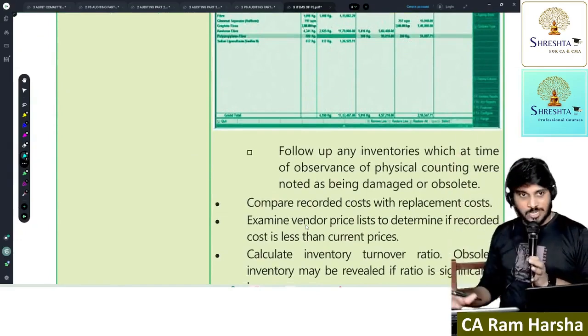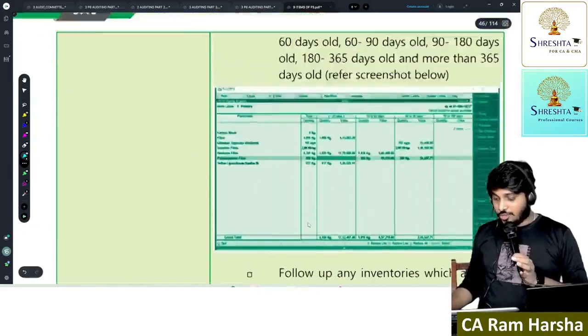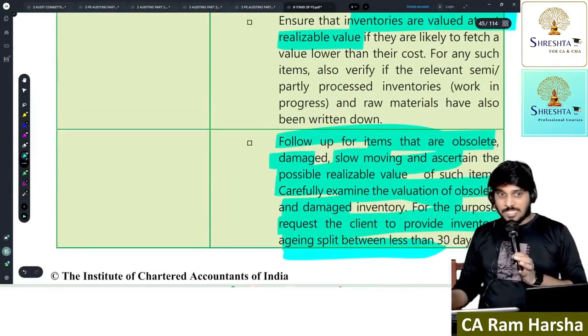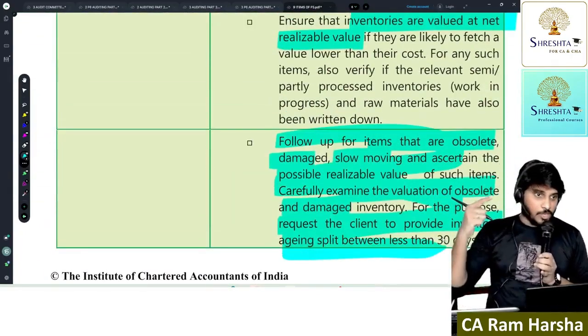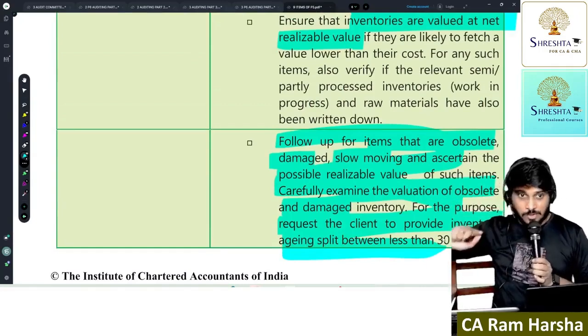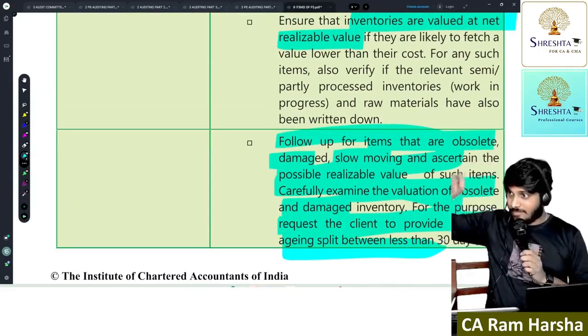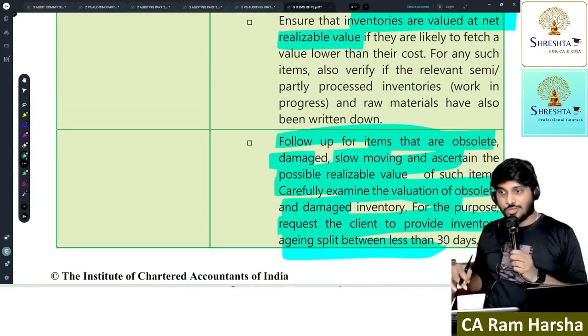That's why these points are covered. If I'm reading these points, it's about valuation. And all these points you see are only talking about provisions, which means they are talking about the value of the item. Confirmation from creditor, confirmation from debtor: it is talking about the ownership of the inventory and the physical existence of the inventory. Understood or not?